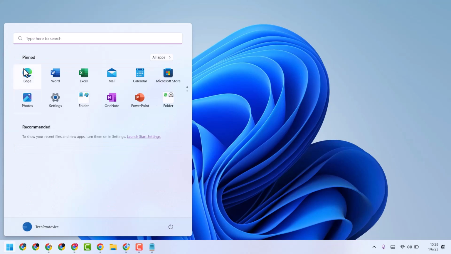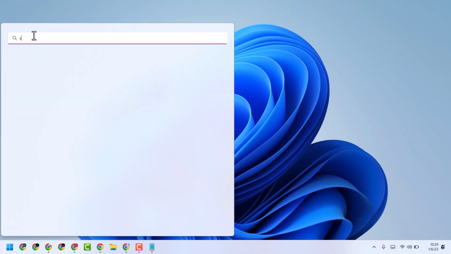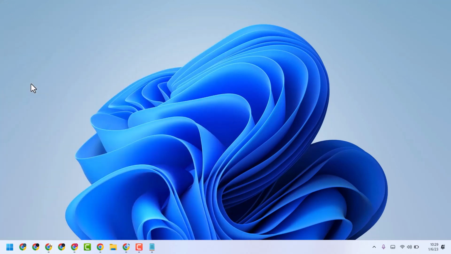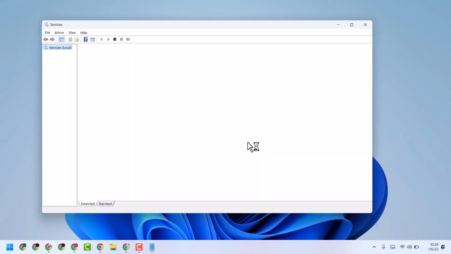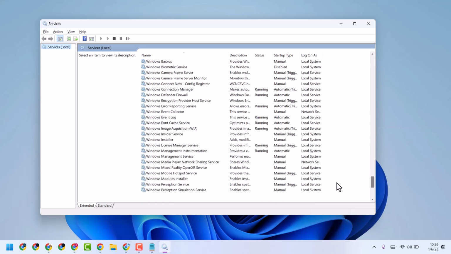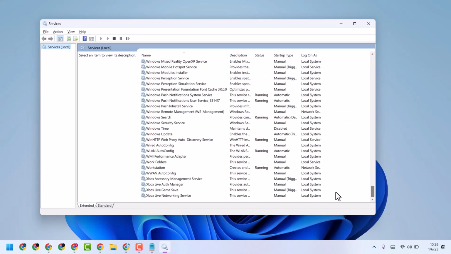So firstly, open services, and in services you have to find Windows Presentation Foundation Font Cache. This one, Windows Presentation Foundation Font Cache. So double click on it